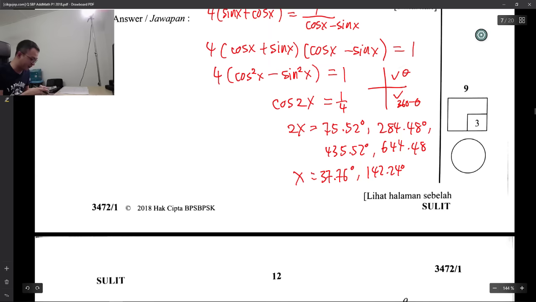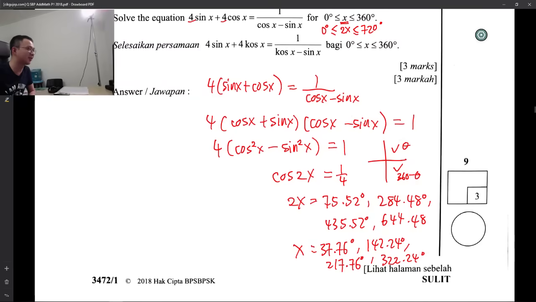And 435.52 divided by 2, you should get 217.76. And last one, 644.48 divided by 2, you should get 322.24. Right, so you realize all my 4 answers are within 360,